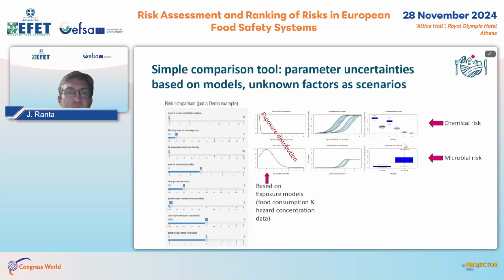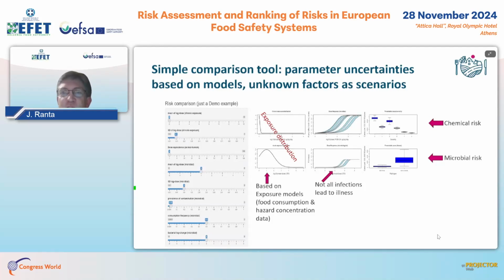Those tools can be used for obtaining exposure distributions for both chemicals and microbiological things, and then combining them with these dose response models and the associated uncertainties in them, noting again that not all infections lead to illness, and then integrating all of this together